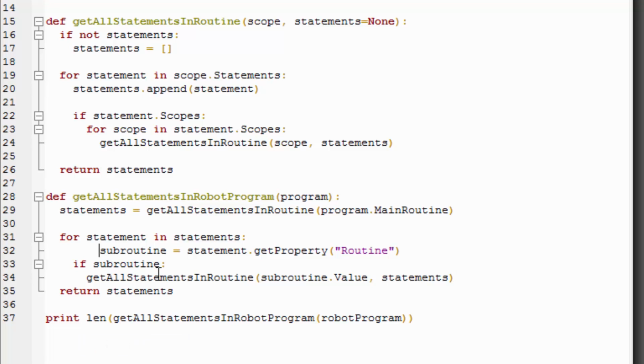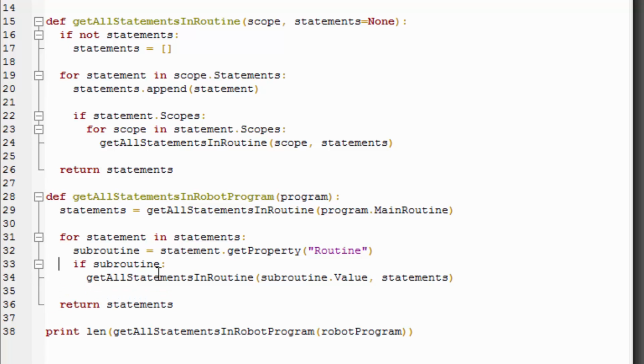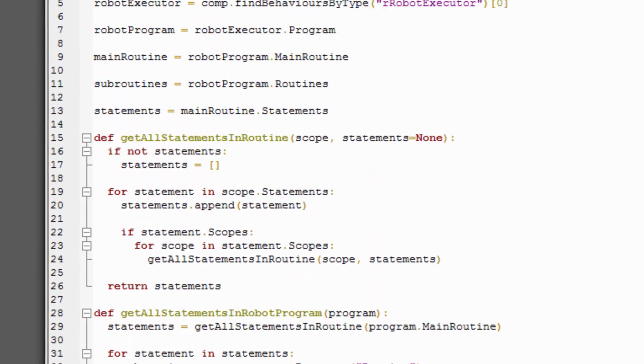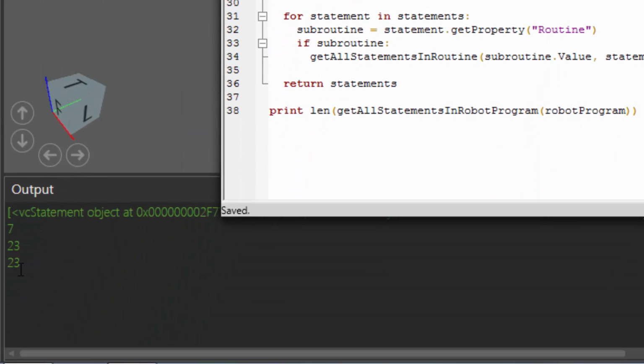And what we're doing here, let's just fix the indentation, is that if that statement has a routine property, we're then going to call our get all statements in routine method with the value of that property and our statements list. So let's see if that still works. I'll compile the code, and we still get 23. Great.